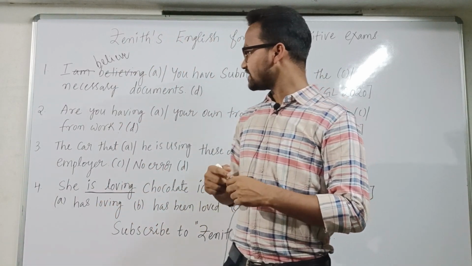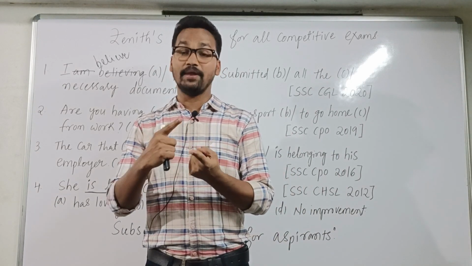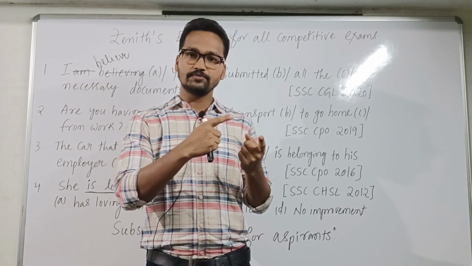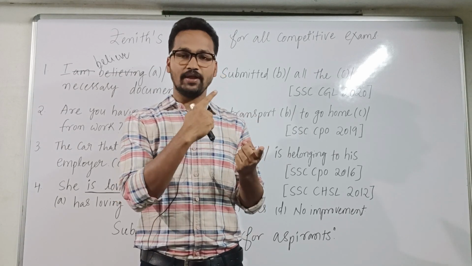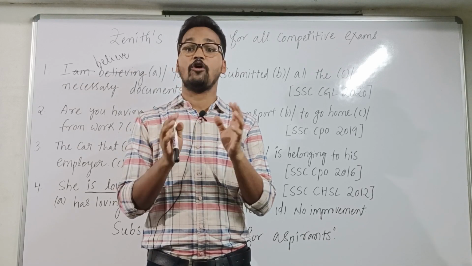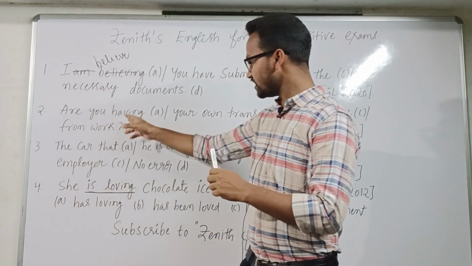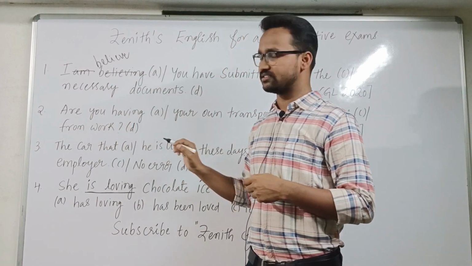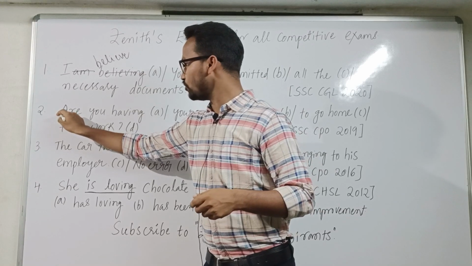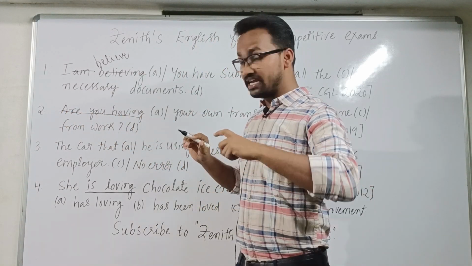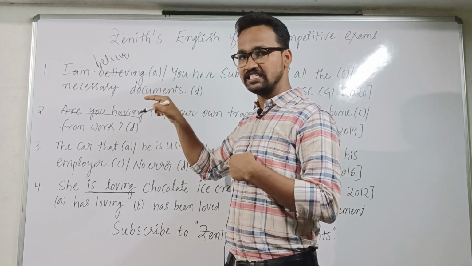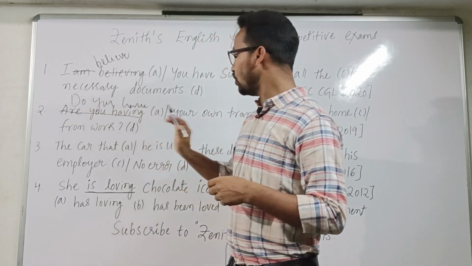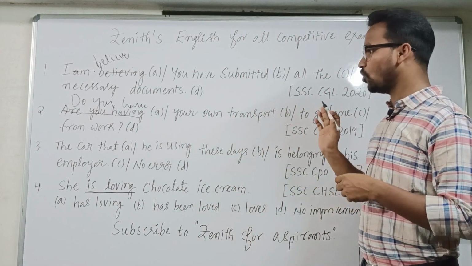And next, verbs of possession, called belong, have. For example, I have a class, I have a car. So verbs of possession, those are belong, own, have. They too cannot be used in the continuous tenses. But in this question, have is used in the ing form, meaning in the present continuous tense. It's an error. We cannot use it in the present continuous tense. Instead of that, we have to use the simple present. Use do you have. Do you have your own transport to go home from work?